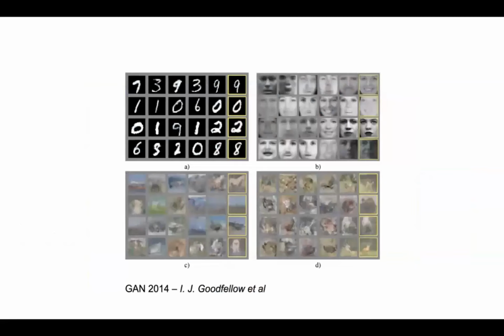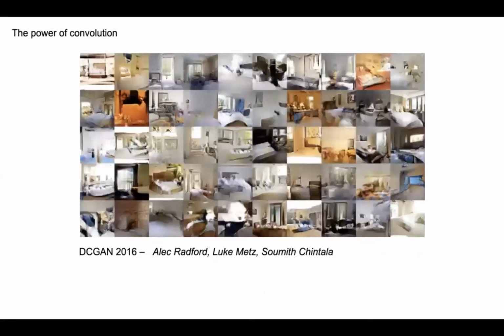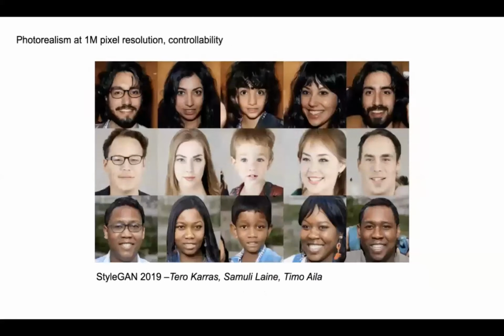So here came generative AI. GAN appeared in 2014, and we could generate very small 32 by 32 images with GANs. Then came DCGANs, and with the power of convolution, we can generate 64 by 64 images. Images are not that good quality, obviously. There were lots of artifacts and uncanny looking images. Then StyleGAN shows us basically how to generate 1 megapixel images in a photorealistic manner, also with controllable